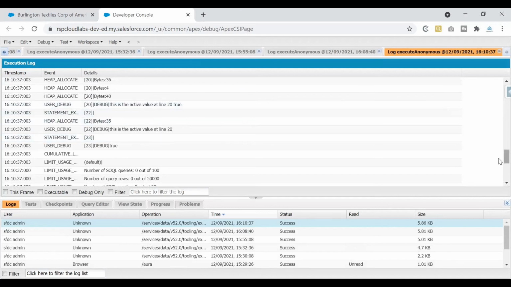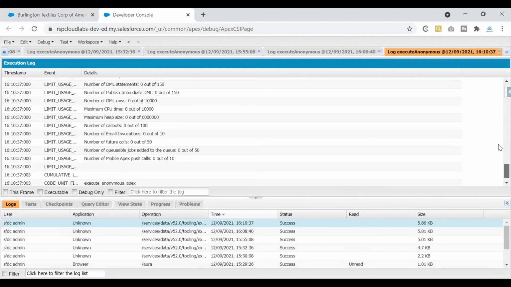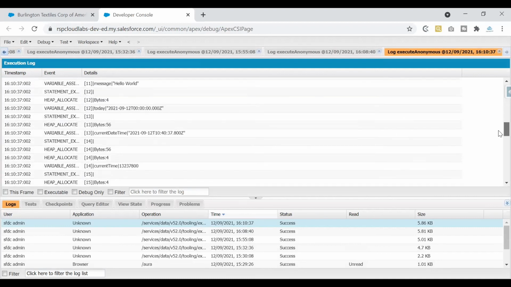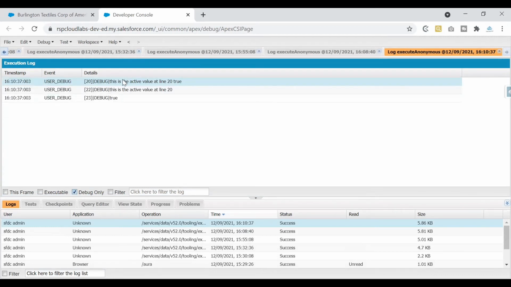Every time, searching for these debug logs is quite difficult. If there are like 100 lines of debug log, it is difficult to search for your debug log. So if you ask me, is there any easier way to do it? Yes, there is. If you check this checkbox, you can pretty much filter the other lines and look at only the user debug logs. That way your process of searching for your debug logs would be reduced. Simply check this checkbox and you'll get the user debug information.